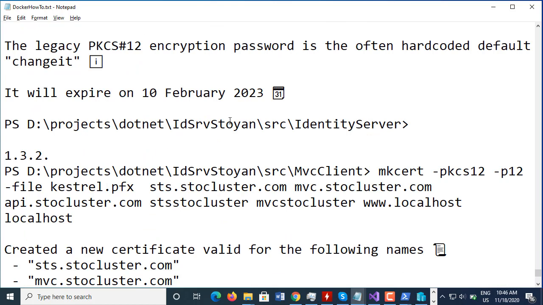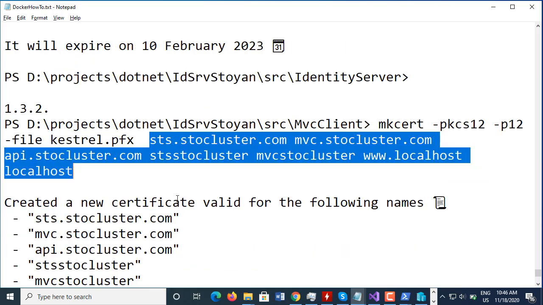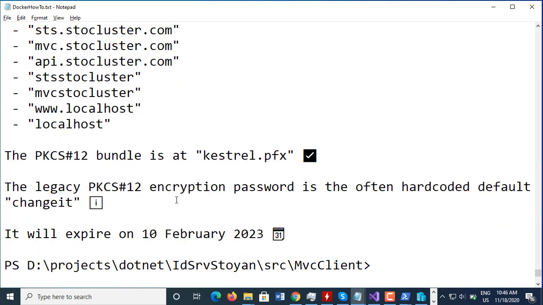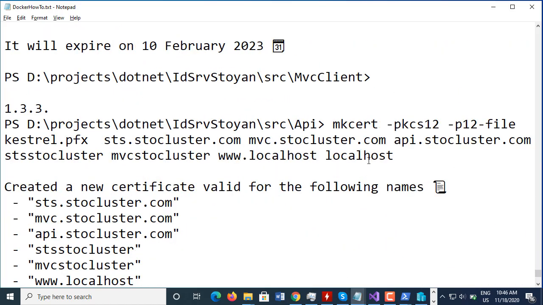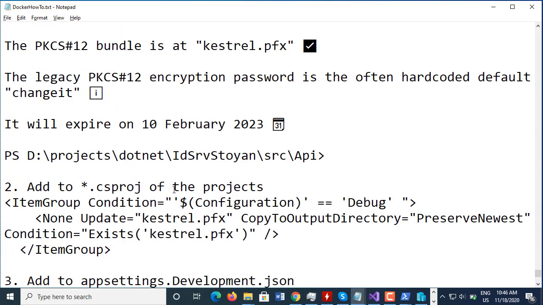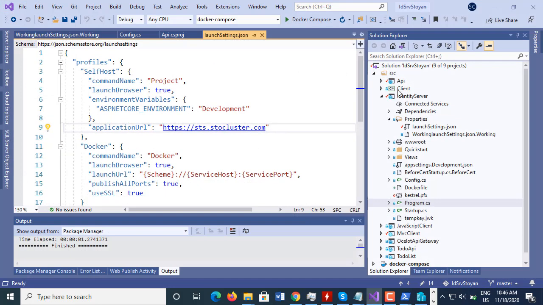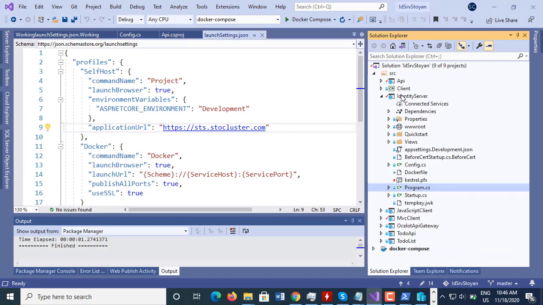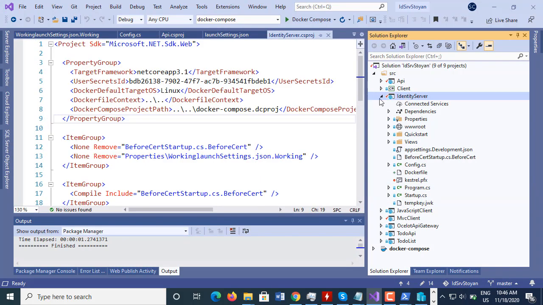and after that I'm gonna go through the other tools. So I did the very same for MVC client. Notice this, I'm using the same domain names. So this certificate, I can clone, of course. I can put it in different projects, but I can generate certificates in the API as well. Now we have to do changes. I'm going to do these changes only in Identity Server. So if we go to Identity Server here,